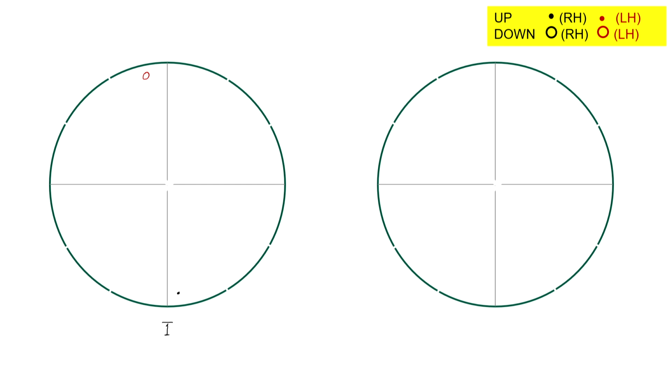But now, what is 1 fold roto inversion? If you think about it a bit, 1 fold roto inversion is nothing but there is an inversion center in the center of the sphere. In the case of the stereogram, there is an inversion center in the center of the circle, which is represented by a small circle. We will call this the center of inversion, and in fact, instead of calling this a 1 fold roto inversion axis, we can simply call it inversion symmetry, a simple pure inversion symmetry.